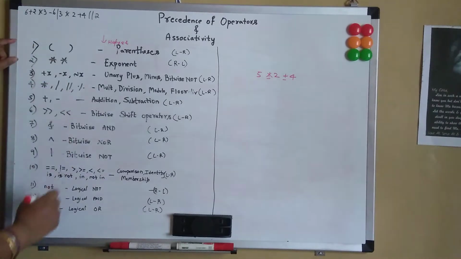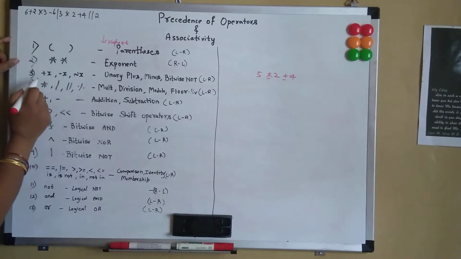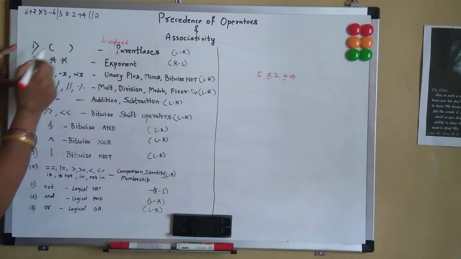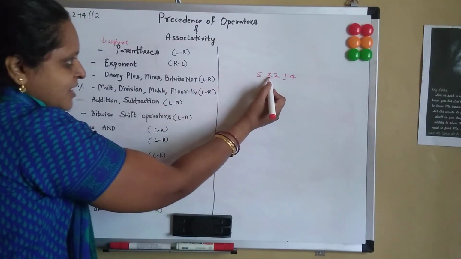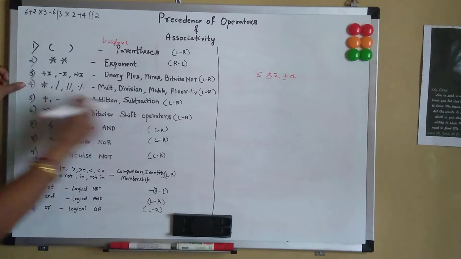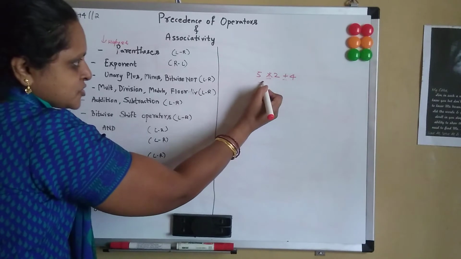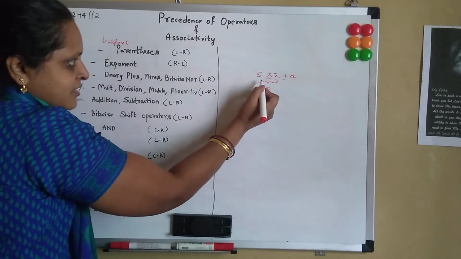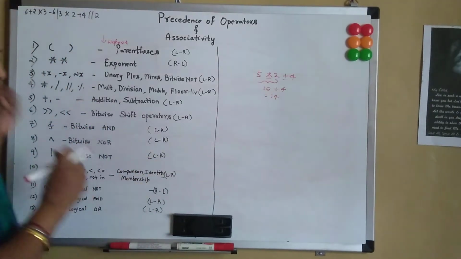So this was the precedence chart, and in any mathematical expression, if we have parenthesis, multiplication, and addition operators, then parenthesis has to be solved first, then the multiplication operator, and then the addition operator. So in this case, multiplication is at a higher precedence. It is at the fourth level, and addition is at the fifth level. So multiplication has to be resolved first. That is 5 * 2 = 10 has to be resolved, and the result of that should be added to 4. So the final output becomes 14.